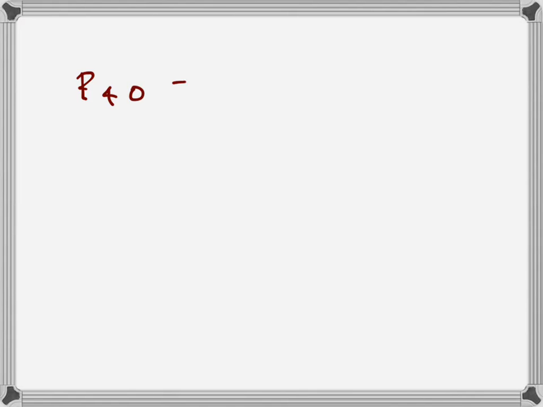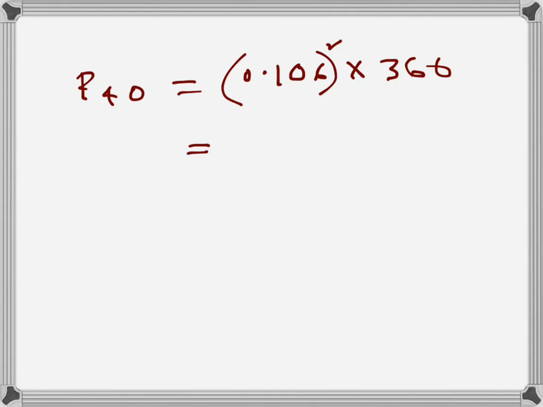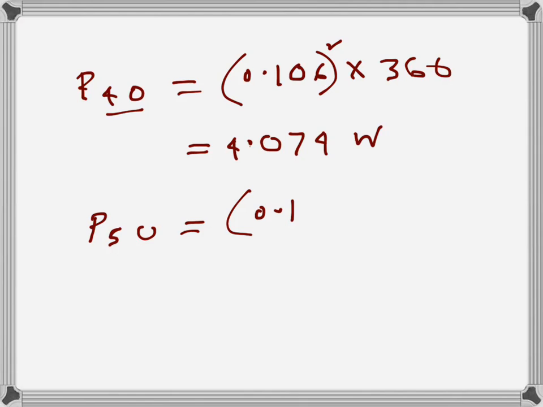P40, let's see what happens to that. That will be, again, I square R: 0.106 square times 360, and that is 4.074 watt. So this is also much less. It's a 40 watt bulb and this is absorbing even less power. And then finally P50, that will be 0.106 square times 288, and we are expecting it will be even less, and that's what's happening: